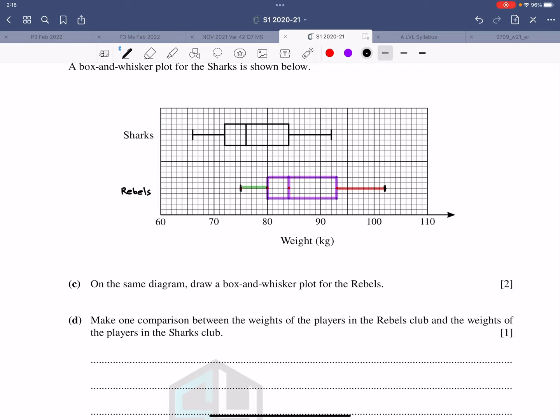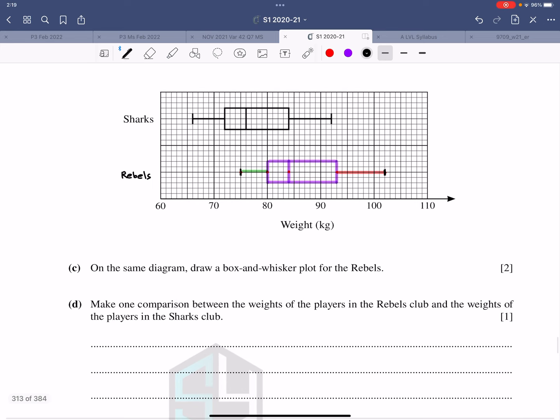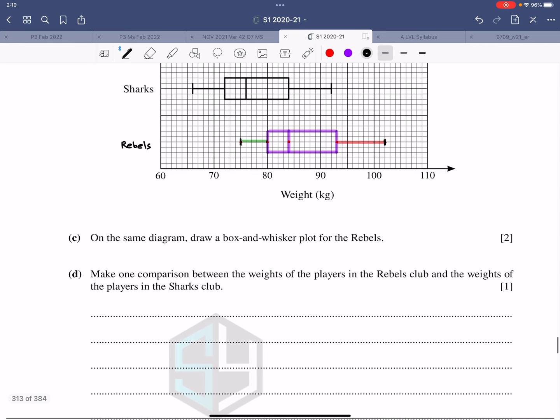Make one comparison between the weights of the player in the Rebels Club and the weights of the player in the Sharks Club. Now they both look like positively skewed, so that cannot be a comparison. Interquartile range more or less looks the same. So I'll just focus on the median. The median of rebels is higher than that of sharks. So I would say on average,